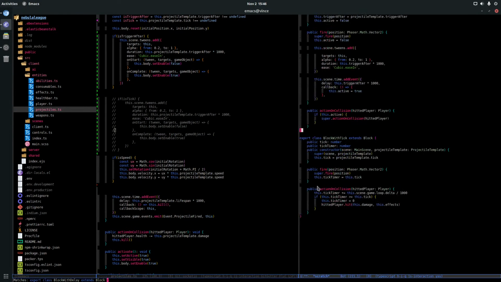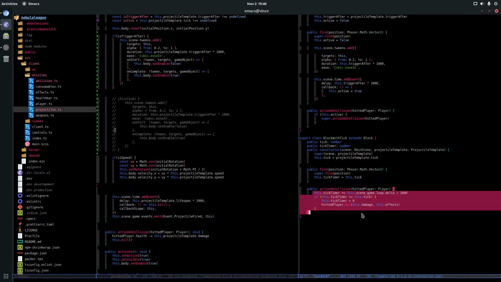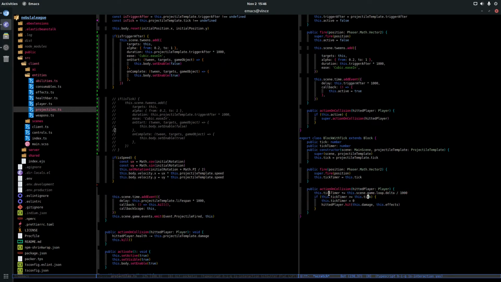But I also need a logic here. There is a timer. So, okay, I have my own timer. So I'm doing collision every time, and I decide to do something also when the player hits. So my action collision is going to be a mix of these things.